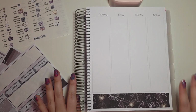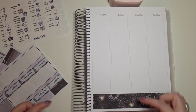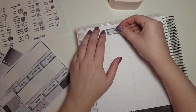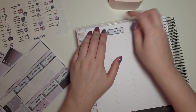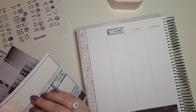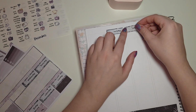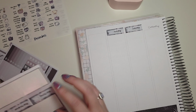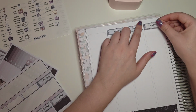But yeah, can't even tell you how excited I am to be in a planner where I've not got two different sides on each page, because my old planner had something like that. But yeah, I don't know why this feels like new. Maybe it's because it's been a while since I actually did film, because even though I had plan with me's going up, they were pre-filmed. So yeah, anyway,